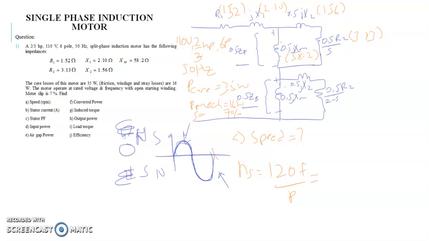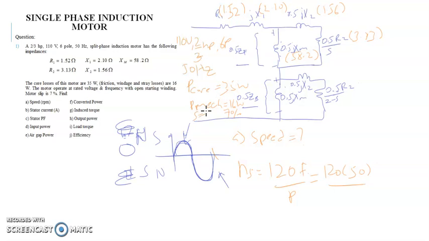It comes in 50 Hz, so you put 50 Hz. If it comes in 60 Hz, you put 60 Hz. For this system, we have 50 Hz. So 120 times 50 divided by how many poles of the system? So 6 poles. Even though we have two single phase, we might have a few stopping points of the